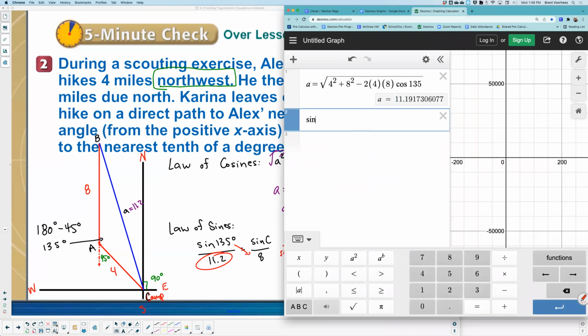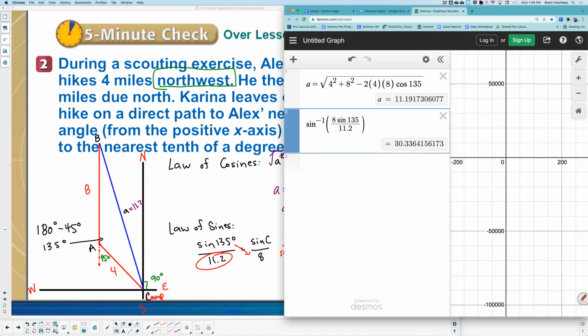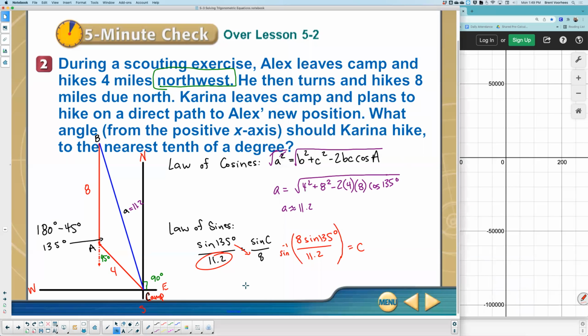So I'm going to type in sine inverse of 8 sine 135 divided by 11.2. I'm getting basically 30.3 or 30.4. 30.3, great. We just discovered that C is approximately 30.3 degrees. So if this is 30.3,